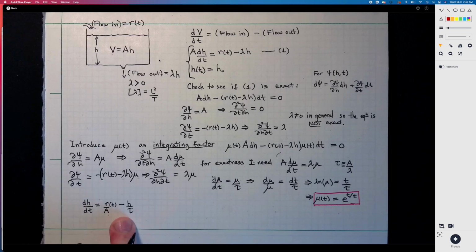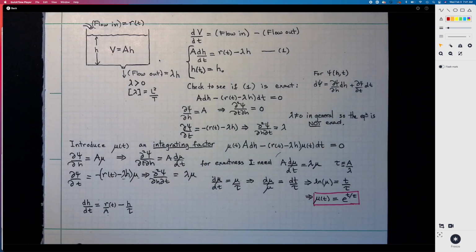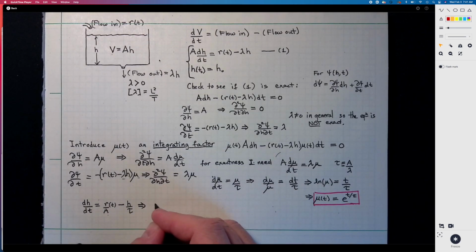So that's the equation. I've just rewritten it using the constant I defined, tau. Now I'll multiply through both sides by the integrating factor, and what I get is